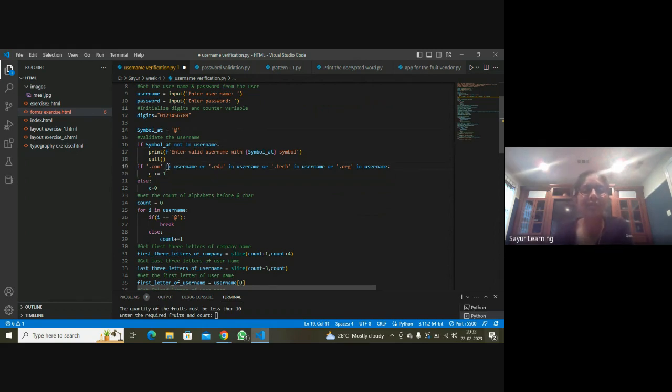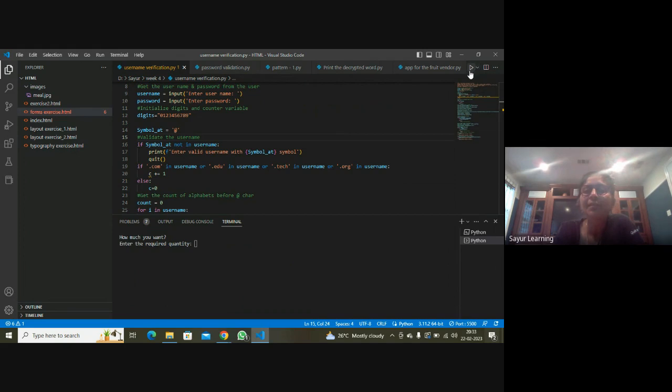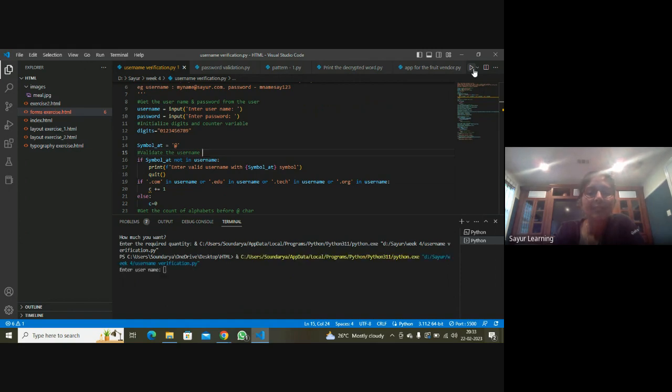Because I still have a feeling line number 17 is not going to work. But we can run it now and check if it works. You can run it without giving an ampersand or at symbol and then see if it works. Enter record quantity. Error program. Did you save this? Okay. Enter.